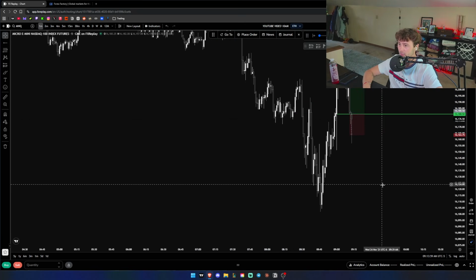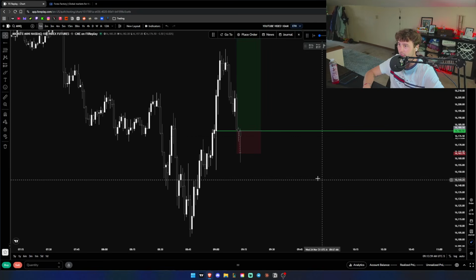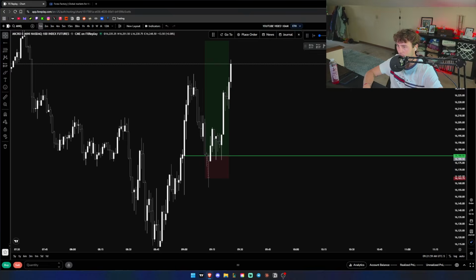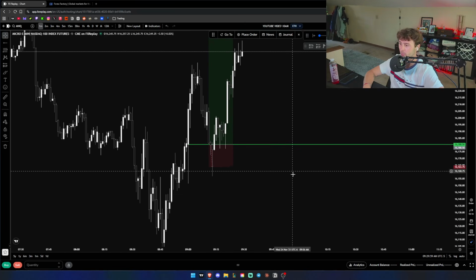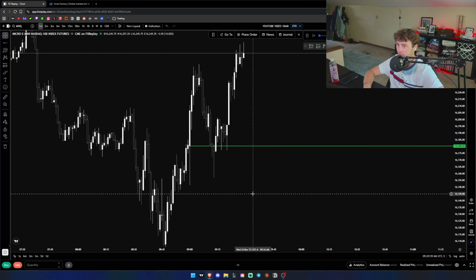So now we have manipulated to the upside. Did we sweep anything? 5-minute gap. Cool. So maybe we are bearish here if we get a nice looking bearish trade. No, so we just unfortunately got stopped out. Stop loss wasn't big enough. Didn't cover this whole wick. Would have been a 30-point stop. I don't like it. All right, next day.